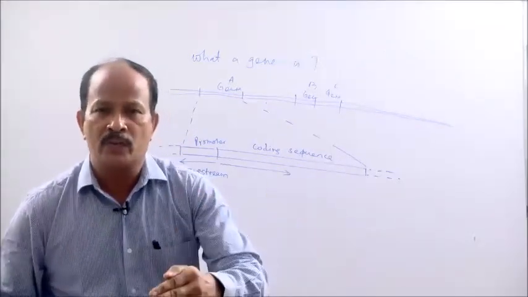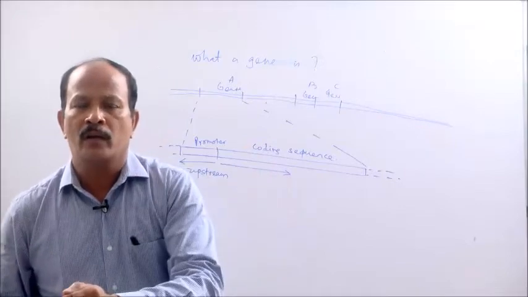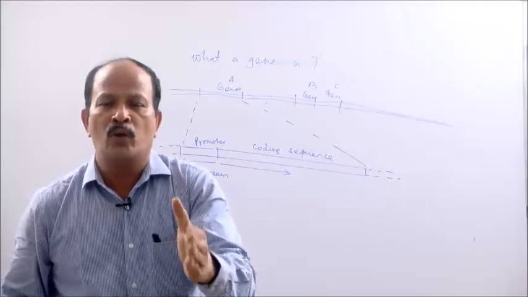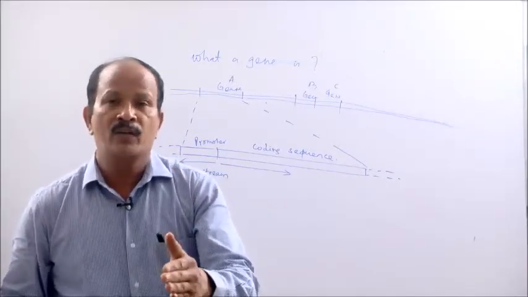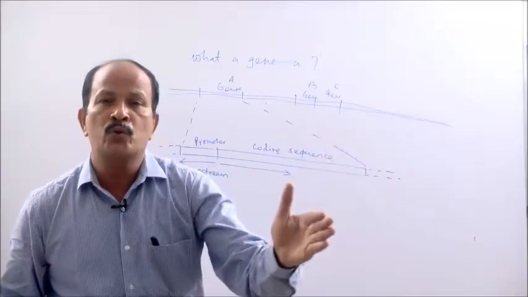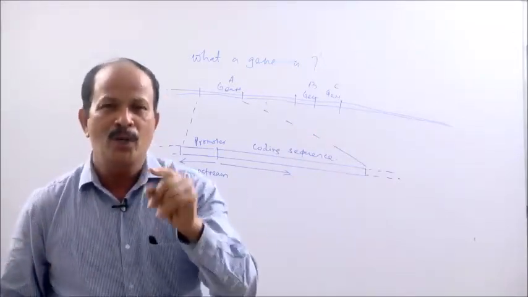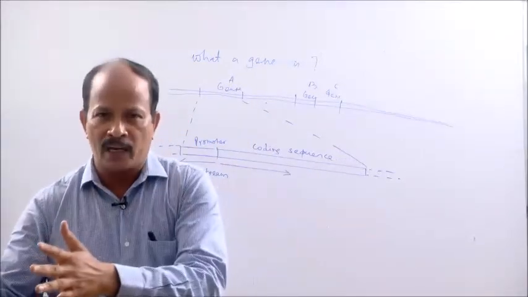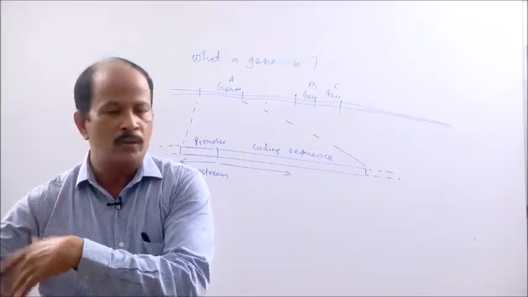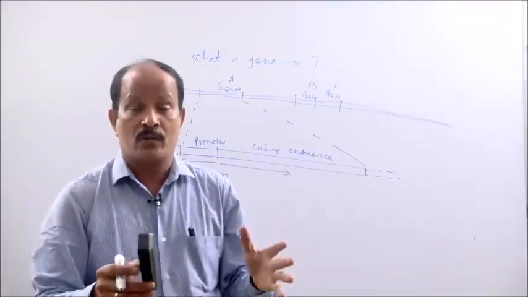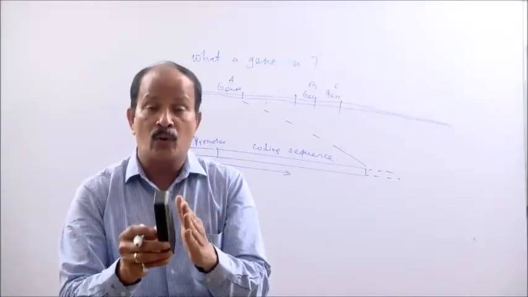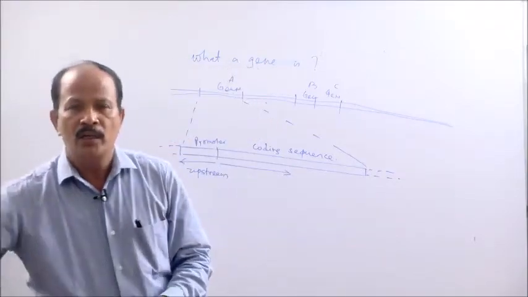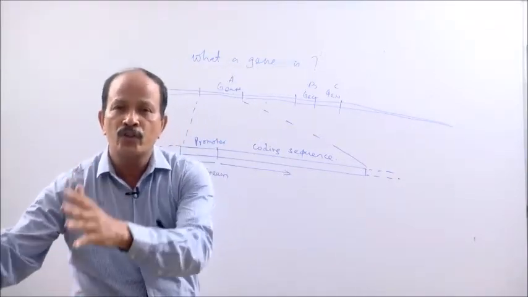A gene has to express, a gene has to produce the protein, and to produce protein it must form an intermediary molecule, the mRNA. A gene cannot directly be used for synthesis of protein, because I told you the gene is present in only one copy in the cell, and if that is used directly it may be damaged or destroyed. That's why cells have an intermediary molecule called messenger RNA, which is a copy of the gene, and that messenger RNA is used for synthesis of protein.